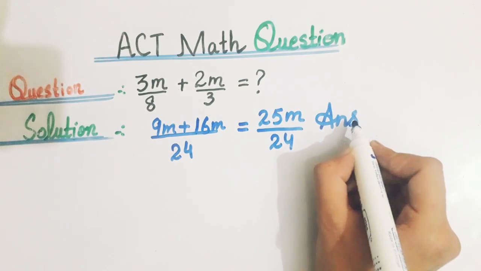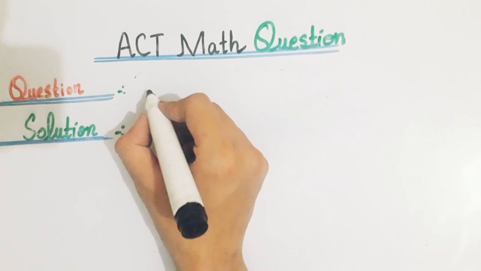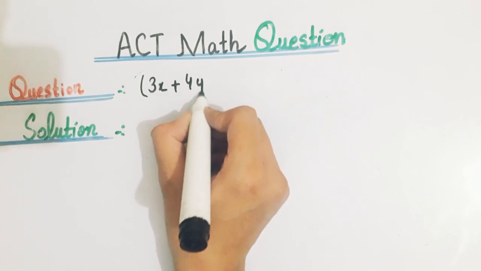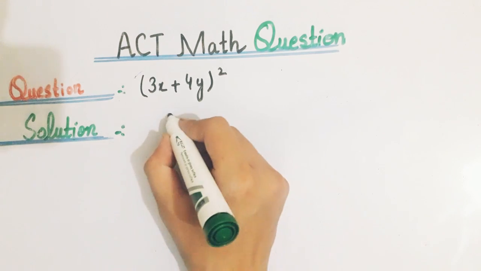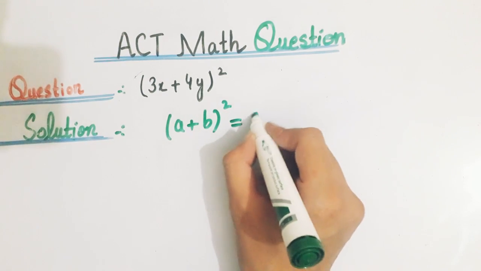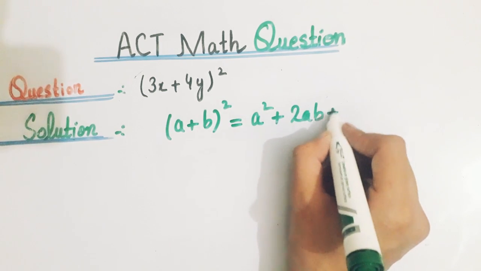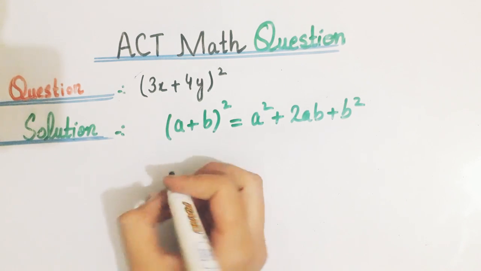Now we will solve question number 2. Next question is find the value of (3x plus 4y) whole square. In this question, we will apply the basic formula of algebra, that is (a plus b) whole square equals a square plus 2ab plus b square. We will apply this formula in this question and we will get